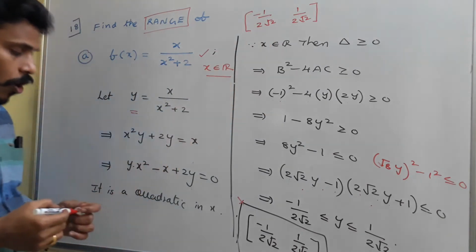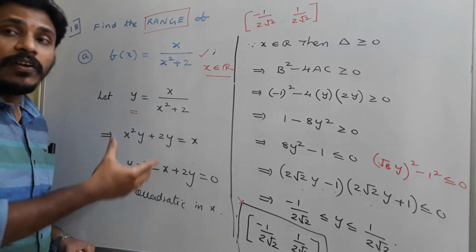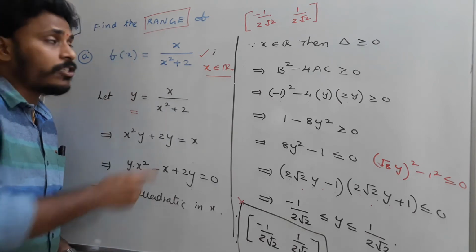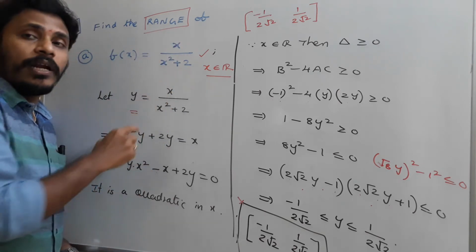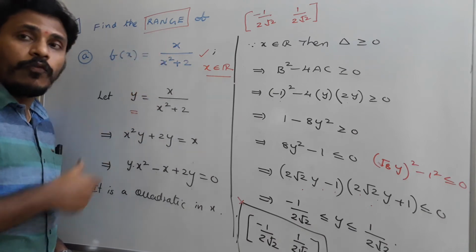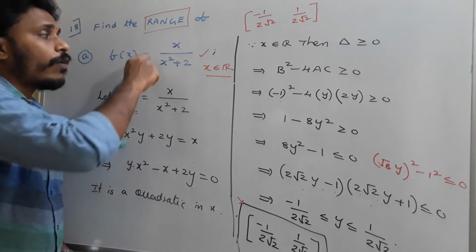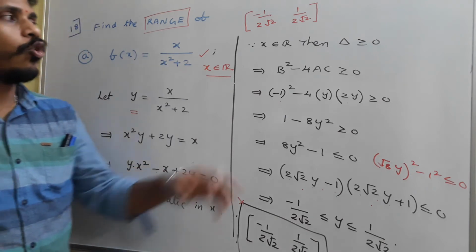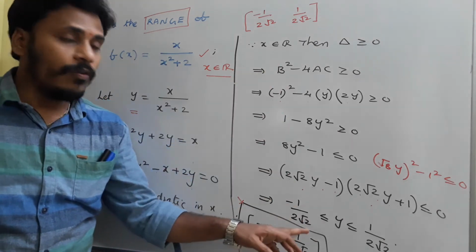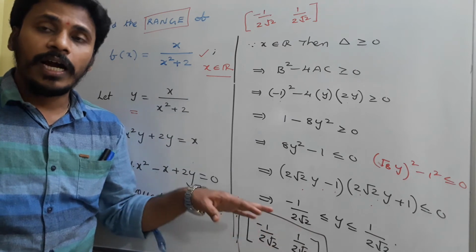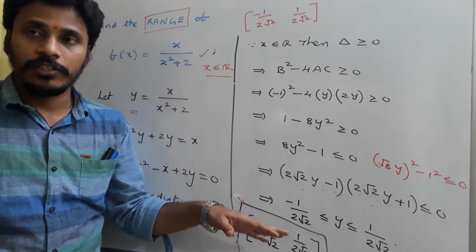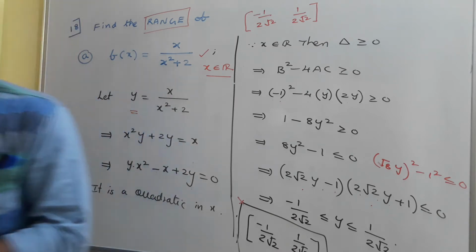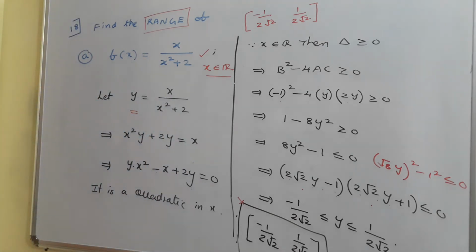This is another way of finding the range for these types of rational functions. As I mentioned, if numerator and denominator are there, then we call these types of functions rational functions. So for these rational functions, after making a quadratic, we need to go with the discriminant, and at the end you will get the possible values of y, and this is another way of finding the range for these types of functions. Just have a look. I will give you one more problem to find the range in this way.